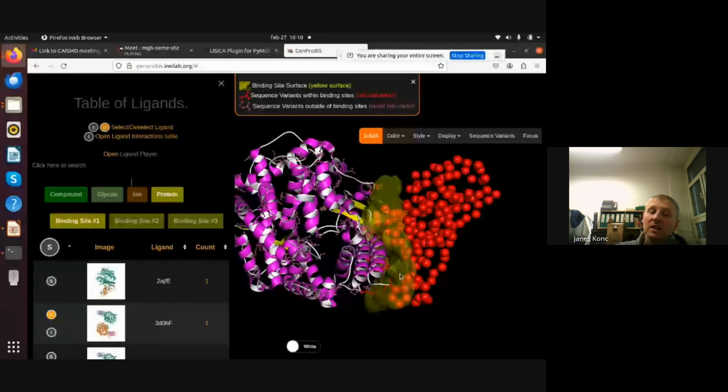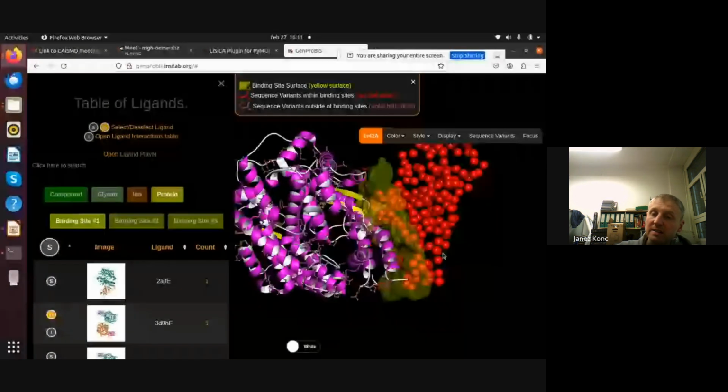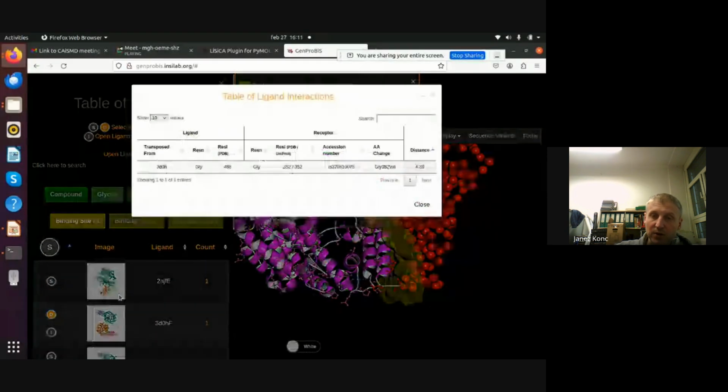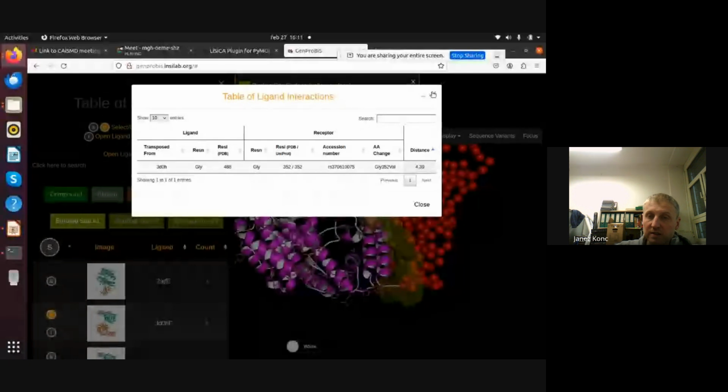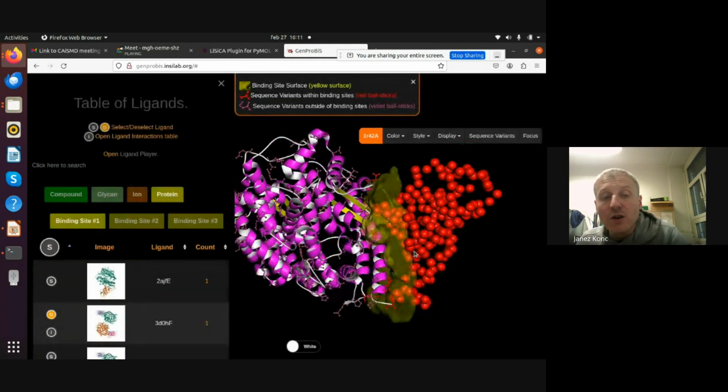Actually, this is how this virus attaches to our protein and acts on the protein. So we can see that there is one sequence variant within this, glycine to valine, which might affect binding of SARS onto this protein. Knowing sequence variants in this type of binding site may be used to predict